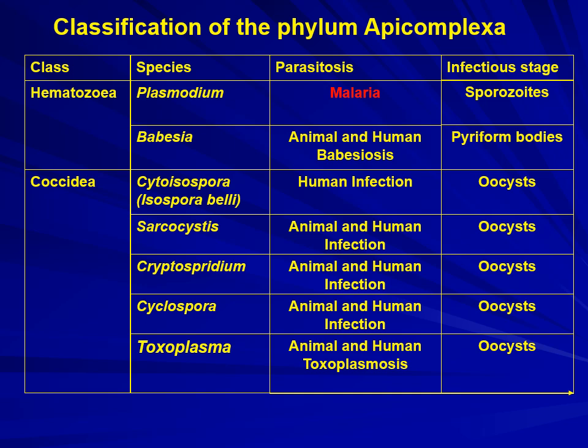The focus of this lecture is Coccidia, and under Coccidia, we regroup several species that are called Isospora belli, Sarcocystis, Cryptosporidium parvum, Cyclospora, and Toxoplasma gondii. And all of these parasites can infect humans, and some of them can infect animals as well. The infectious stages of these parasites are called oocysts, and I will be talking about the structure and the content of these oocysts in my coming slides.